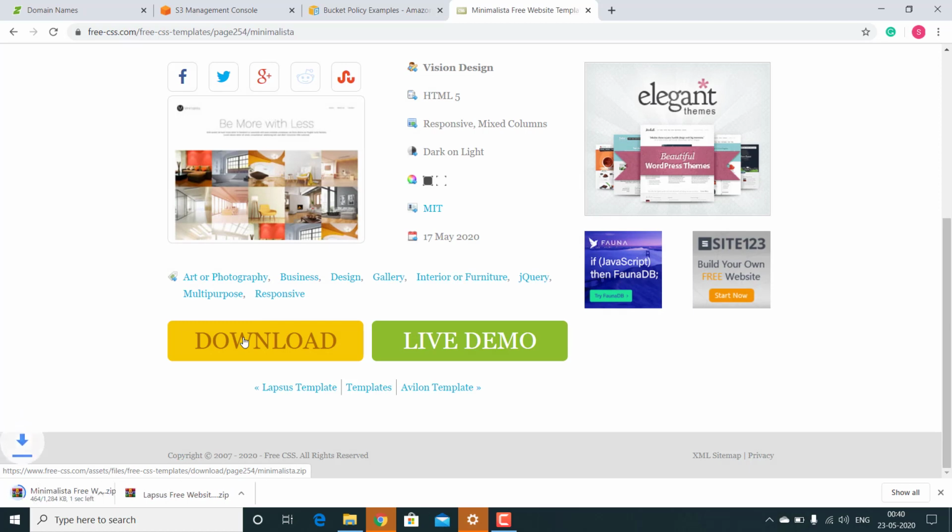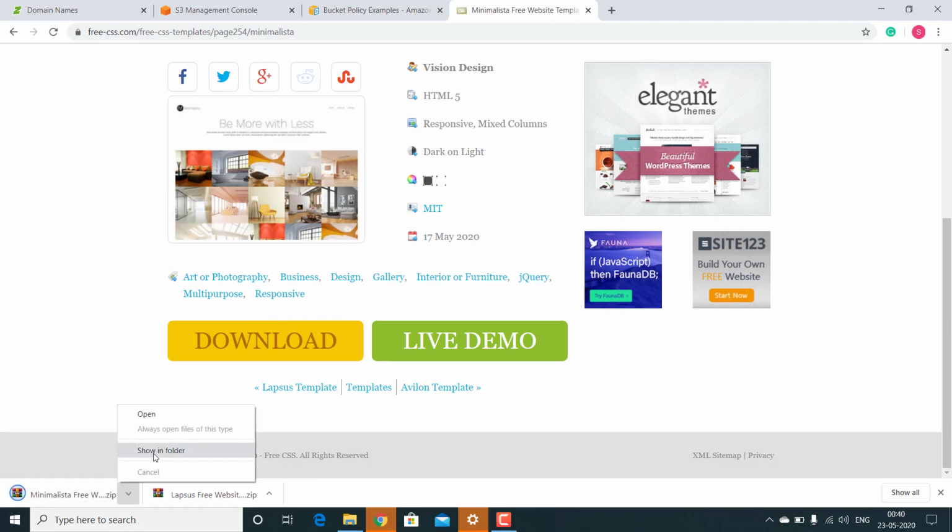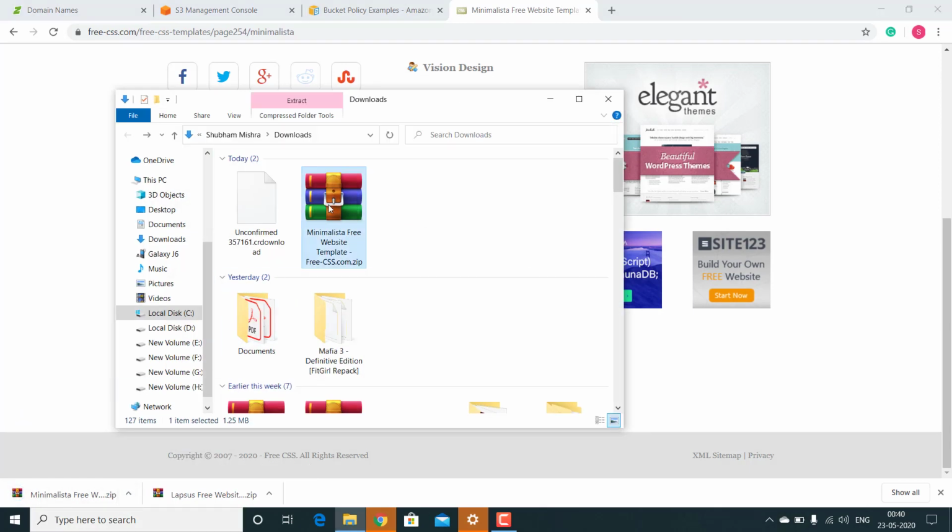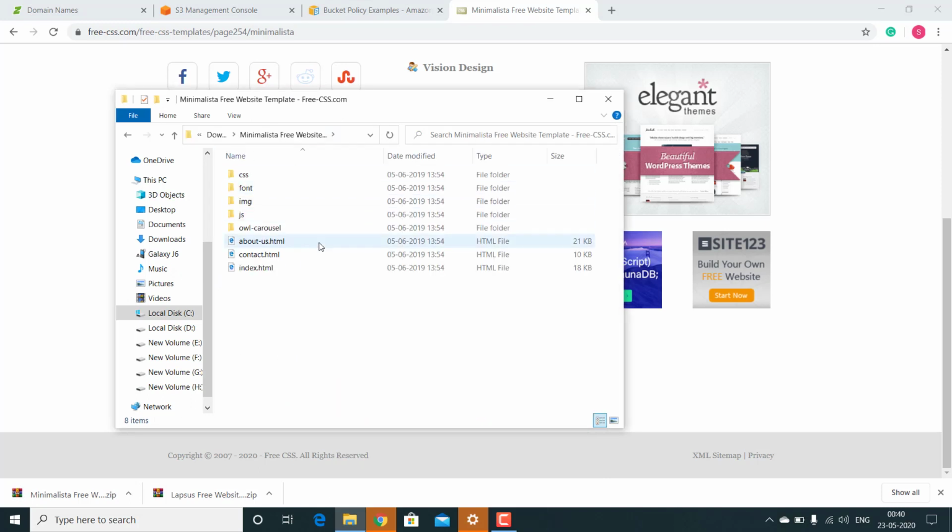Click on download, show in folder, extract this one. Now here you can see all the CSS, JavaScript and your HTML file is here.